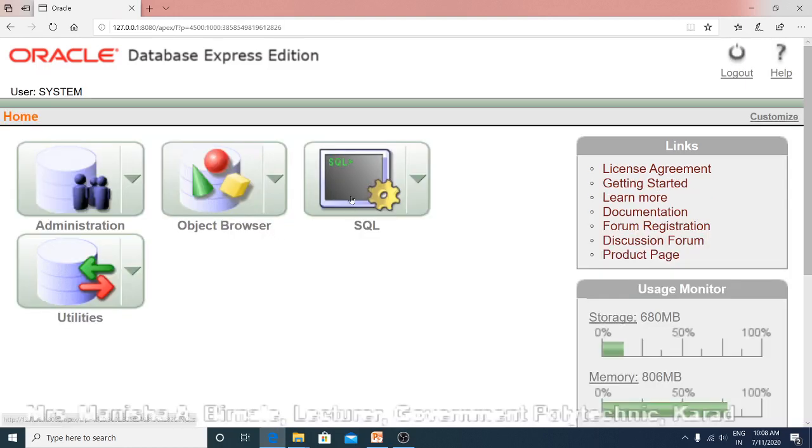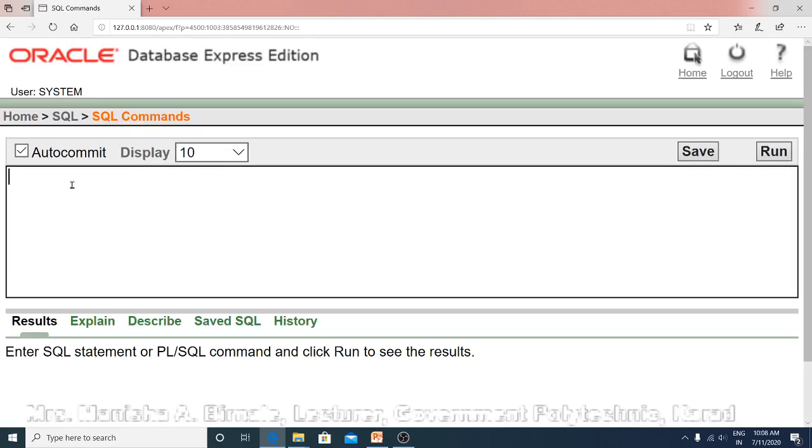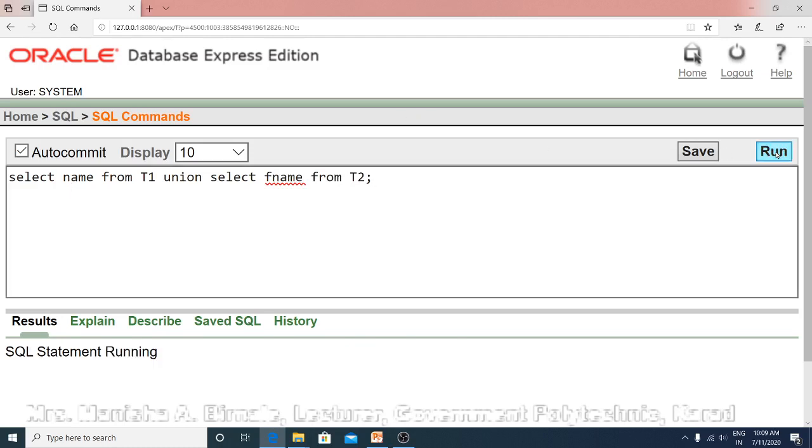Then click on SQL and then SQL commands. So let us write the query: select name from T1 and then union select FNAME from T2. Let us execute this query.